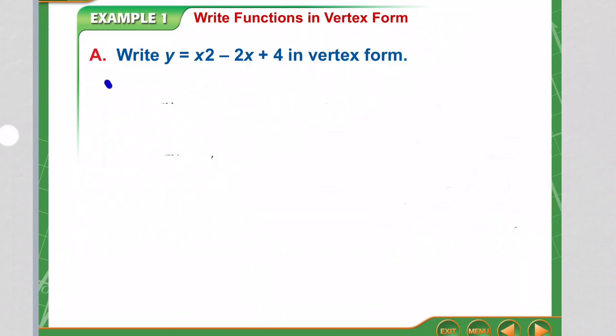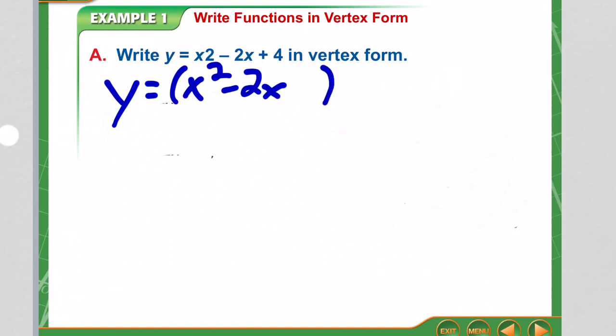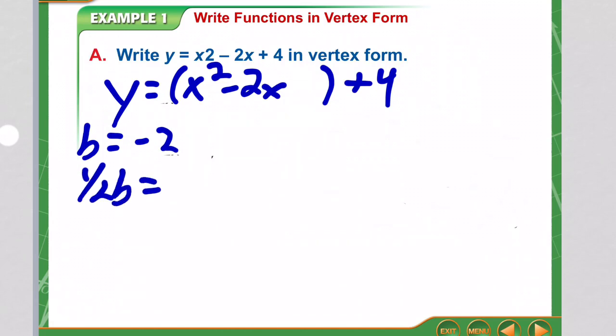So we're going to start, your first thing is to separate your first two terms from the last term. So I'm going to write the x squared minus 2x. I'm going to leave a blank and put the plus 4 on the outside. So what I'm going to do is I'm going to complete this square, which means I'm going to make this factorable. So what you do is you're going to write down what our b is, which in this case our b is a negative 2. You're going to find out what half of that b is, which in this case would be a negative 1,